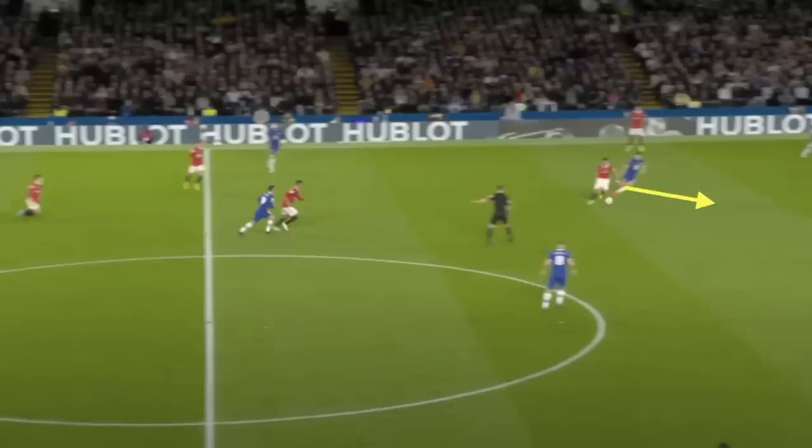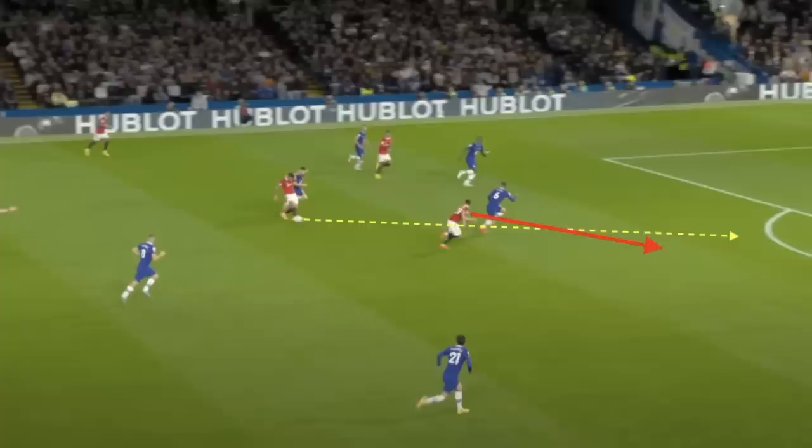I mentioned earlier that I thought Fred needlessly slows down the game, taking too many touches or being indecisive with his forward passes, but in Bruno Fernandes it's the exact opposite. Here he seamlessly allows the ball to roll across his body, and at the exact right time he slots a well-weighted pass, releasing Antony, who is excellent at making bursting runs wide of the centre back when United transition the